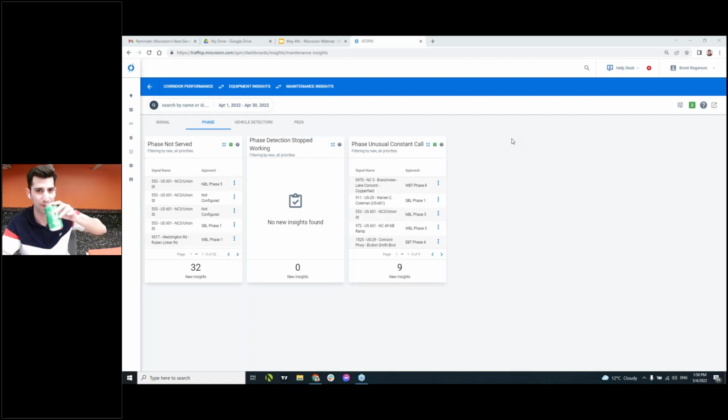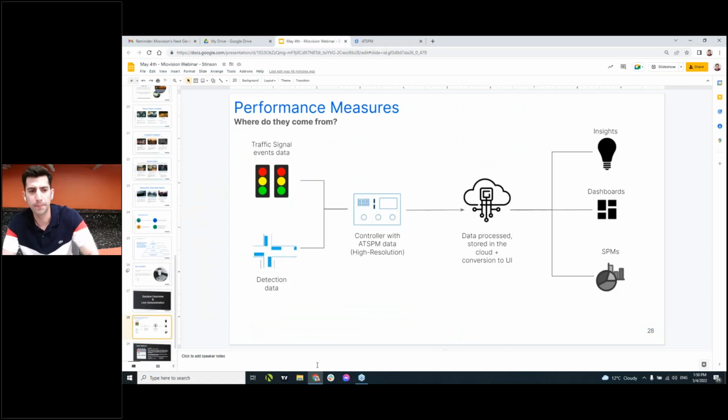Good. So the way Traffop works, if I go back to that slide, is that because it's vendor agnostic, it's not based on a cell connection or anything in the traffic cabinet itself. One of the prerequisites is that there is communications established between the signal and the city network in general. Anytime they're connected, we load a software client onto a virtual machine on the city network that goes out and collects the high-res data over the network from